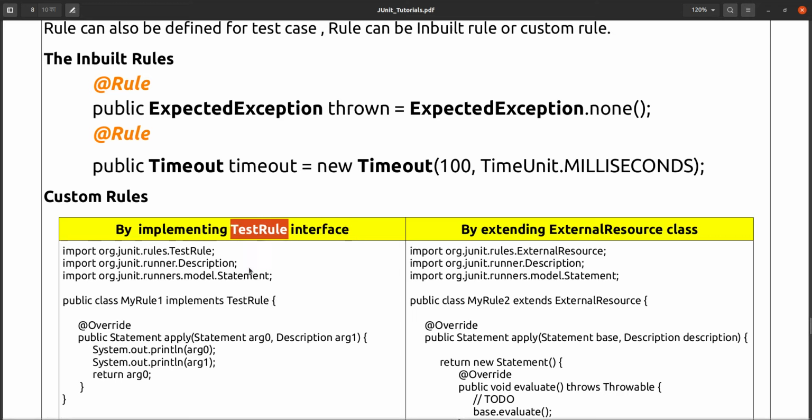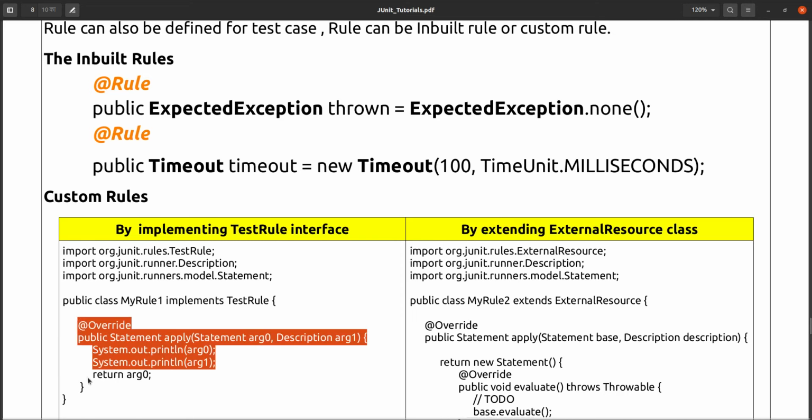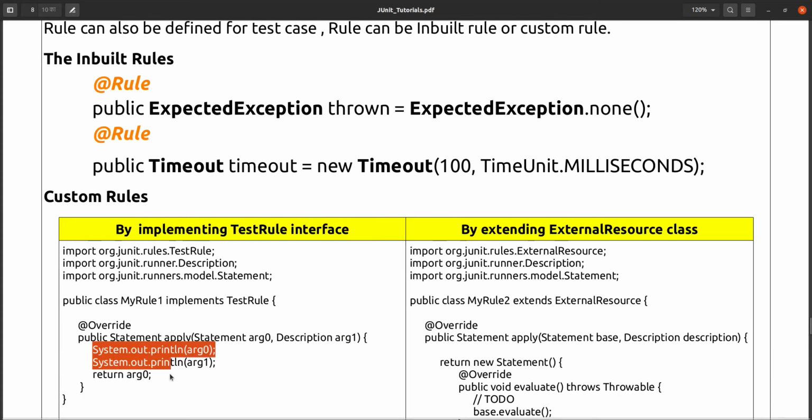This is an interface, and in this interface one method is there, that is apply, that has to be overridden, and after overriding it you can give your implementation. This implementation will be executed whenever this rule is called. Simple.